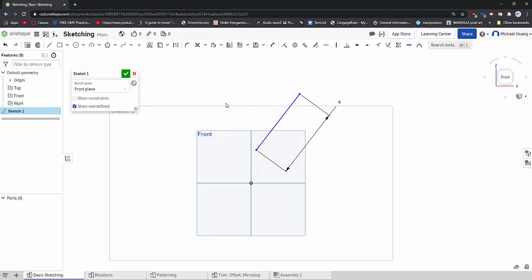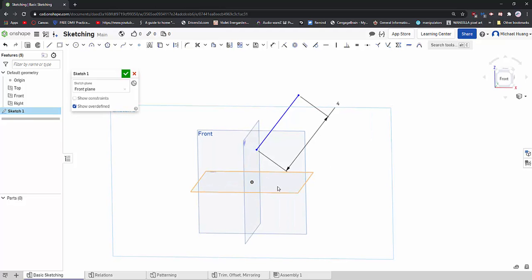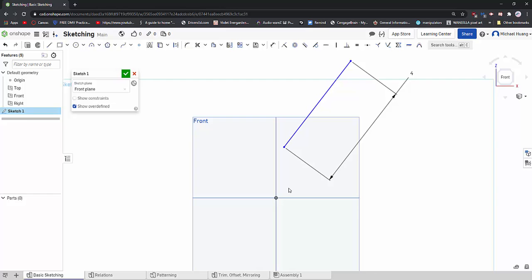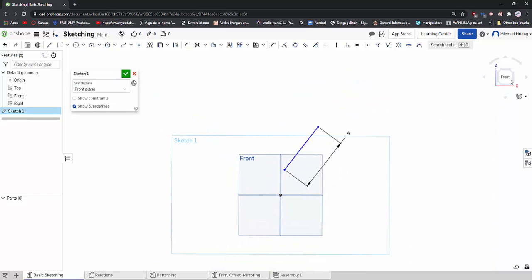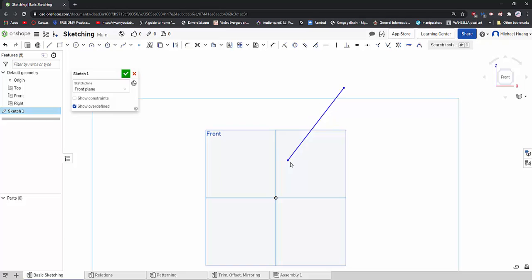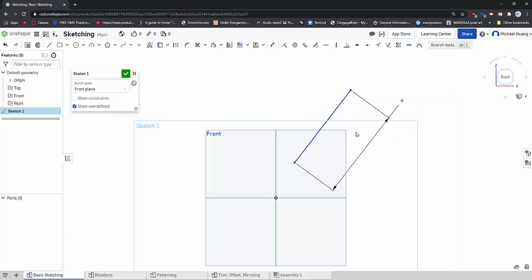So to check off location, you can think of location as the distance of the entity, in this case the line, in relation to the origin. In 3D space, nothing is defined. The origin is the only place that's defined for you. So all your sketches are going to be built off the origin. All of your lines are going to be blue until you define it off the origin, or off something else that's defined off the origin. That's a lot. It's kind of complicated to understand, but